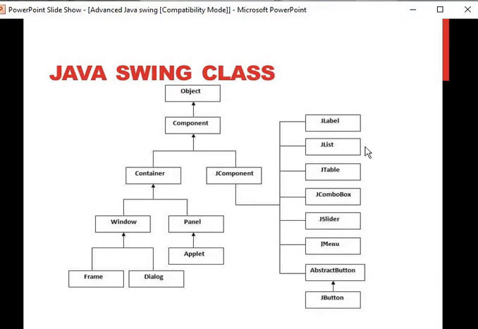Components like JButton, JList, JTable, JComboBox are all JComponents. Window, Panel, Frame, Dialog, Applet are also part of these, and all these components can be included in the container part.